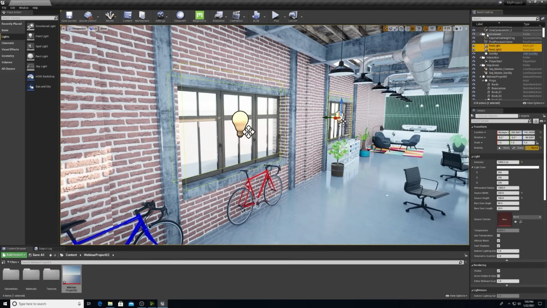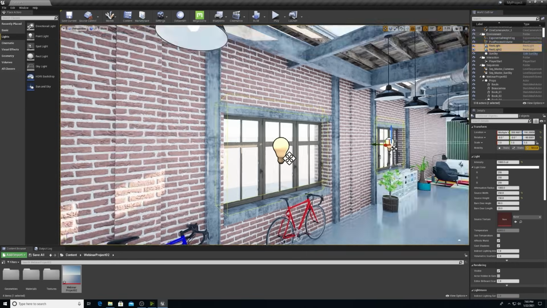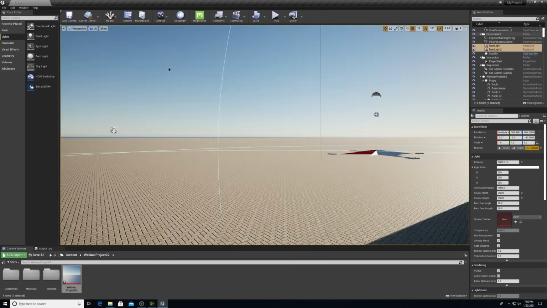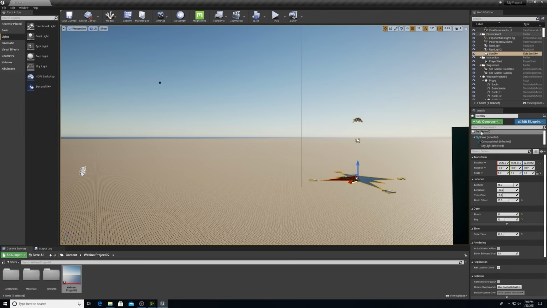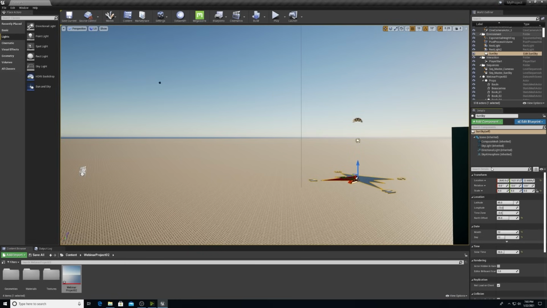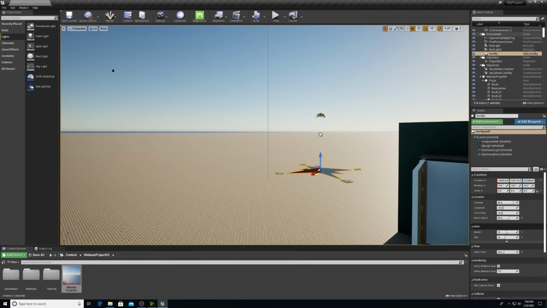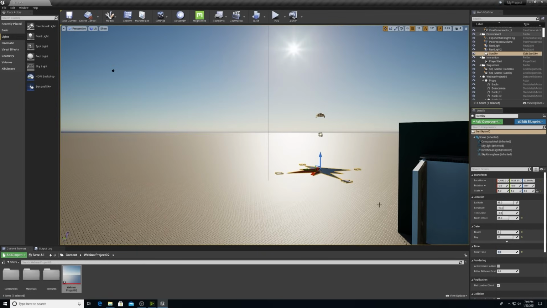So now I'm going to take a look at the sun in the environment that came with the template. So we'll take a look outside. You'll see that there is a compass, and when I select that, the sun sky is going to pop up here in the details panel. I'm going to bring this down a little bit to take a look at everything inside. You'll see that when you have the actual sun sky selected, you'll be able to control the location as well as the date. So I'm going to pick spring morning. Let's do March 23rd at 9 a.m.